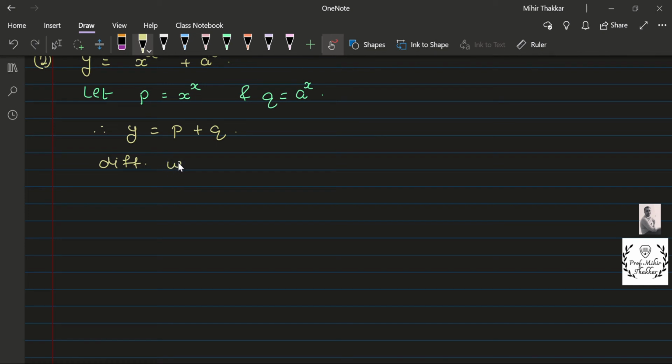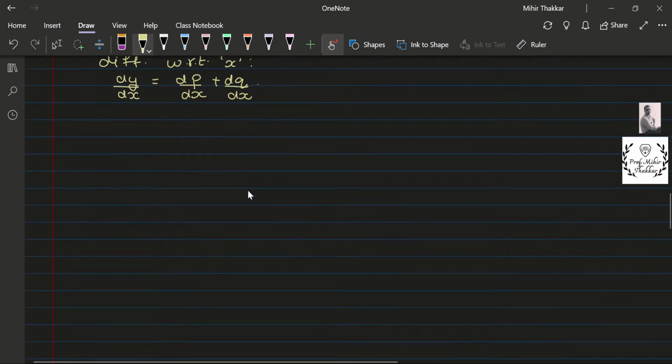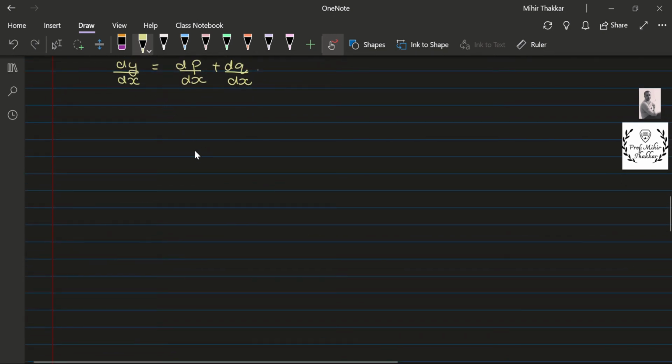So we will differentiate this with respect to x, and the derivative of y is equal to dp by dx plus dq by dx. Therefore, now we will consider p, which was x raised to x, and therefore I will get